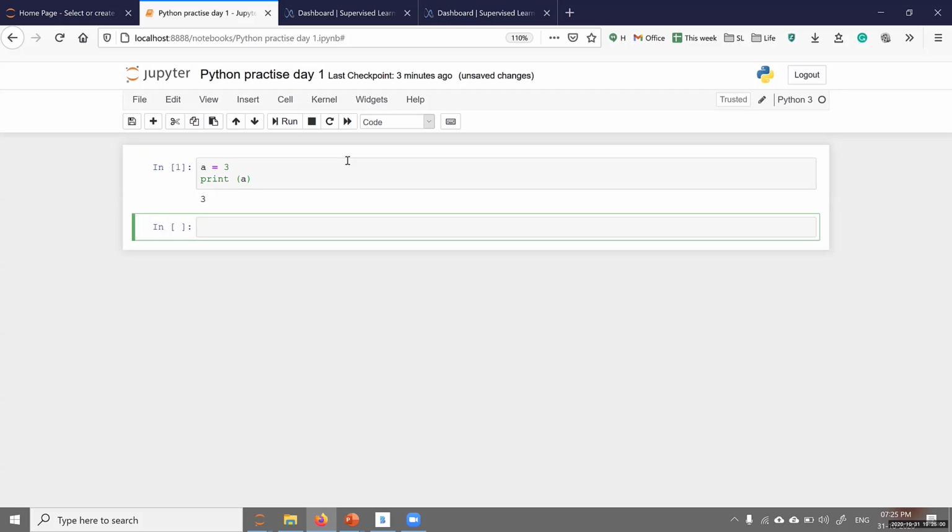Shift plus Enter executes the line of code and prints our output. The command is Shift plus Enter. Not only does it execute, it opens your next cell to write. In Jupyter, each box is called a cell where you write the code. And once you execute it, the output is visible here itself.